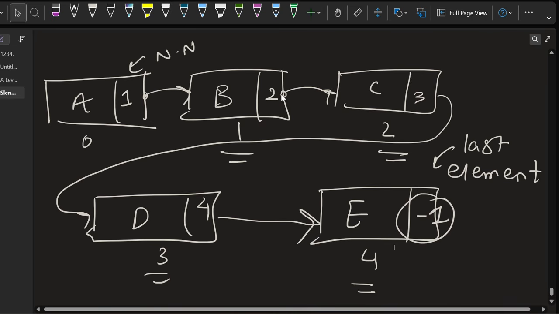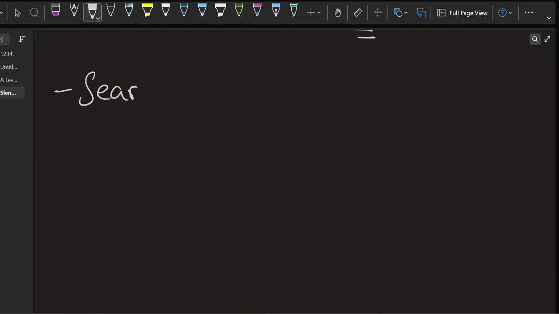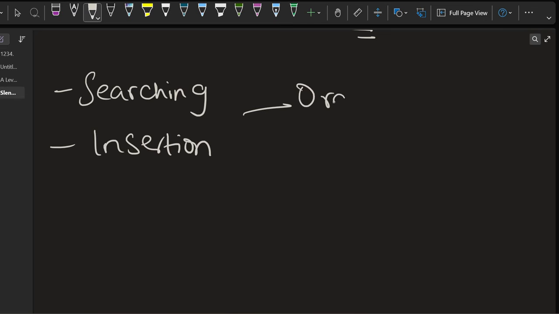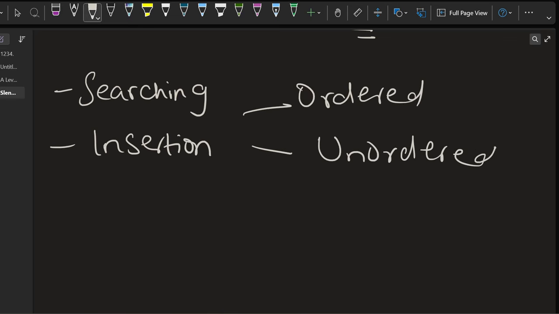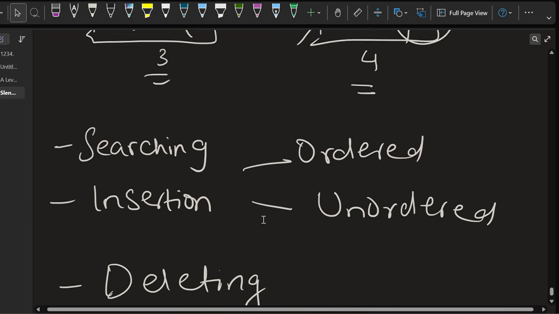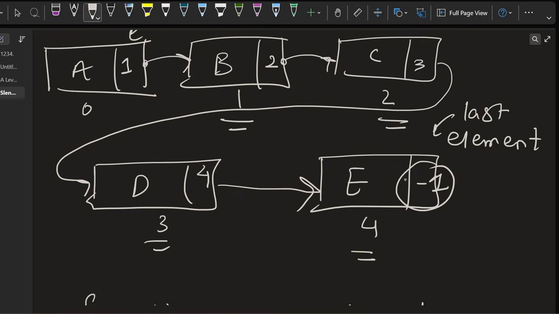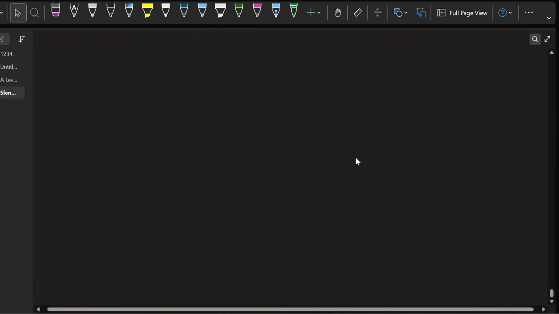Now, for computer science A levels, we study a few things. We study searching in a linked list. We study insertion, which can be ordered or unordered. And we study deleting a node. So we're going to start with unordered insertion. In unordered insertion, we add a new node to the linked list and we add it to the last element. So to understand this better,